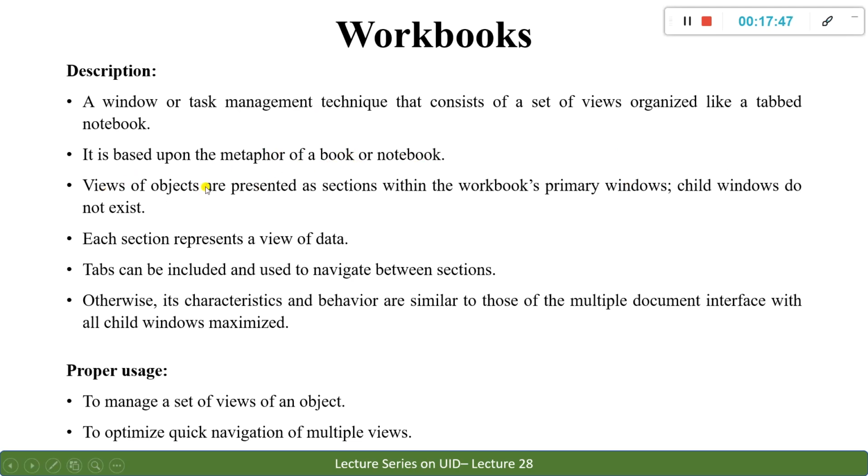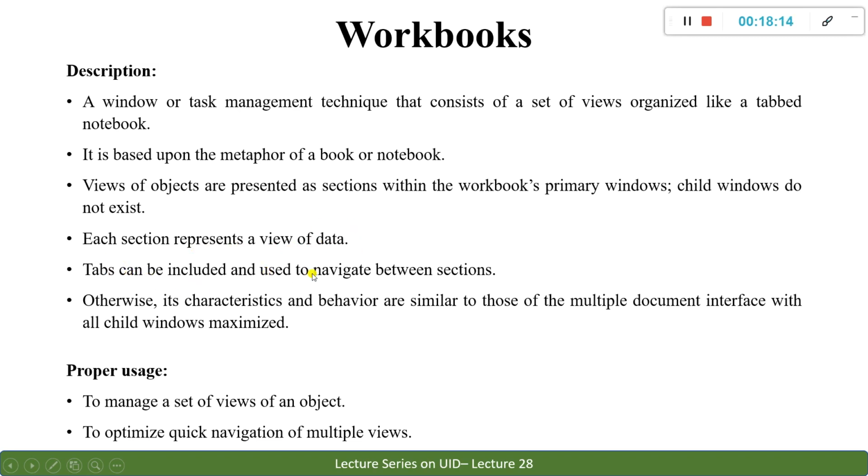Views of objects are presented as sections within the workbook's primary window. Within the primary window you have small sections of child windows which do not actually exist. You have no control over that. It is just a representation of a view of data, so each section represents a view of data.